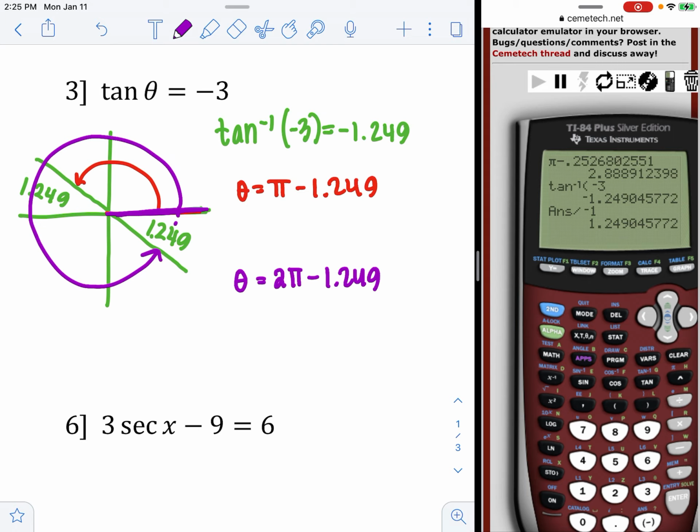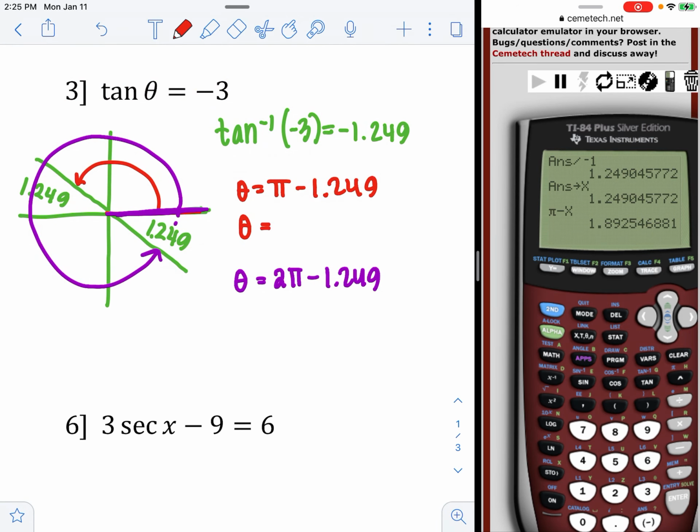So what I'm going to do is store this as x, so that I can do that. Now, could I go up and down and that be faster? But not all calculators are allowed to do that, so that's why I'm doing it this way. All right, so I'm going to do pi minus, oops, I did plus, minus, and then I need that x value right there, 1.249. So my first answer,